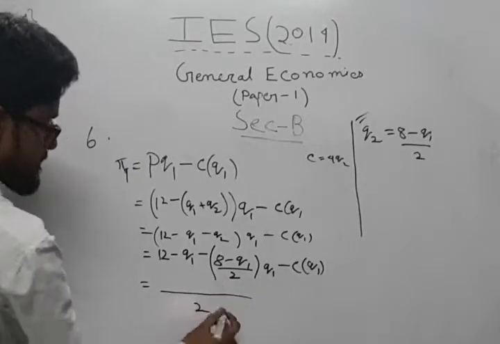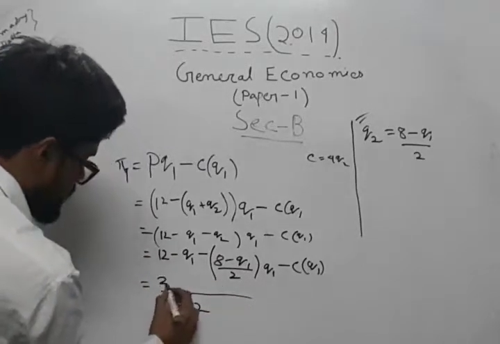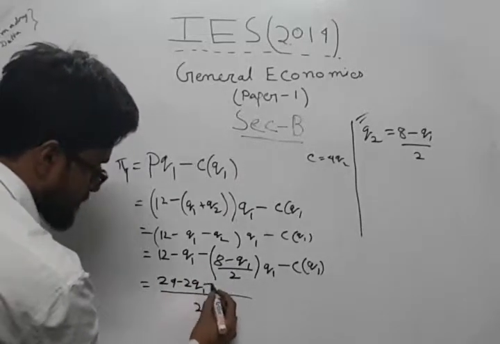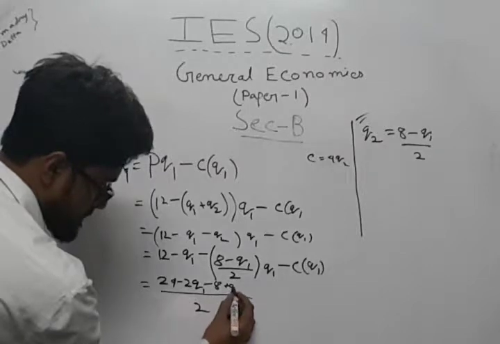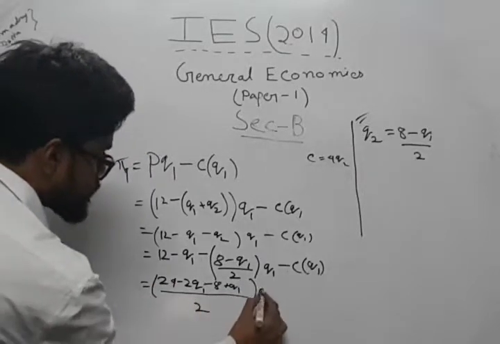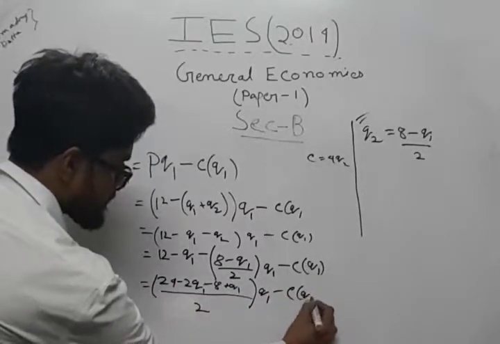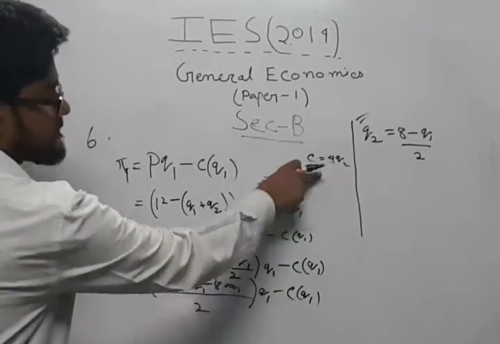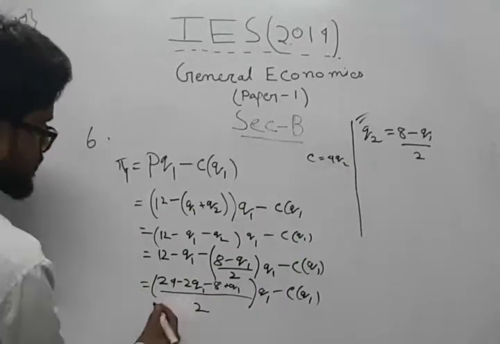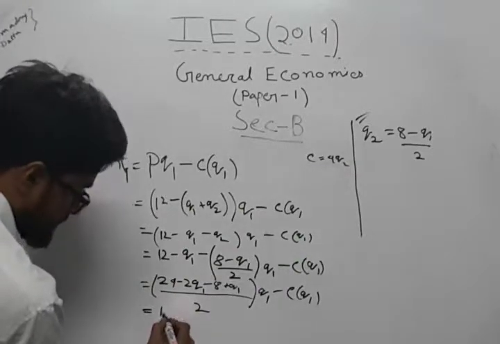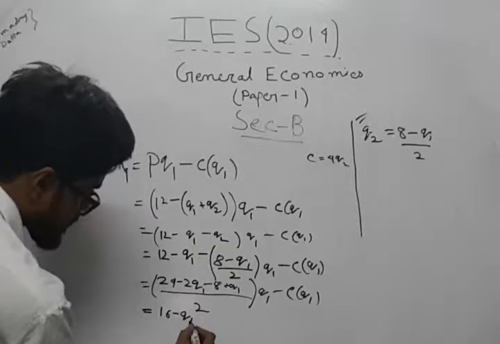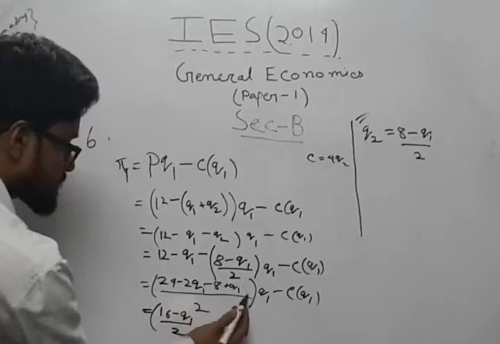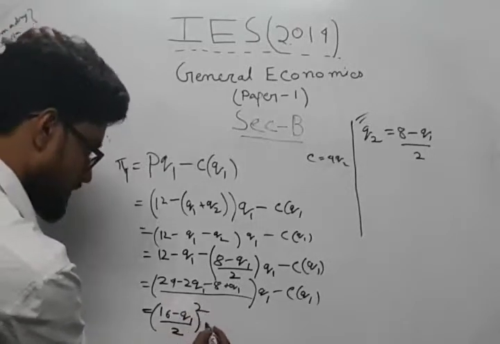Now we'll take LCM. This will become 24 minus 2Q1. So you see 24 minus 2Q1 minus 8 plus Q1. And there will be a Q1 outside minus CQ1. Now instead of CQ1, we can write the value of C, which is 4Q1. So similarly, we can proceed further with 16 minus Q1 by 2. From here we get 24 minus 8 is 16, minus 2Q1 plus Q1 is minus Q1,